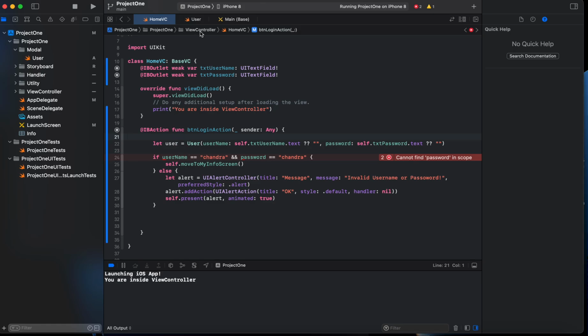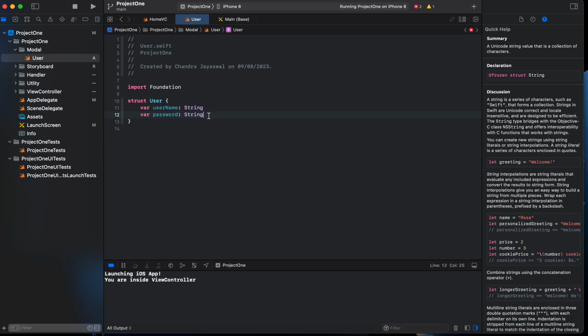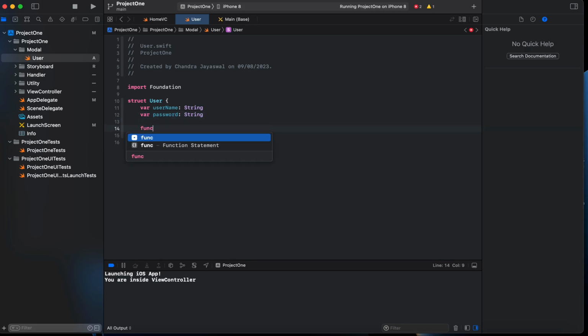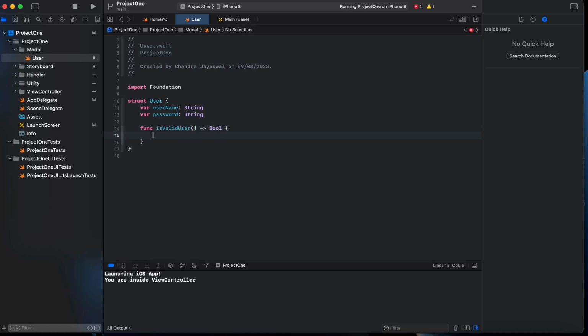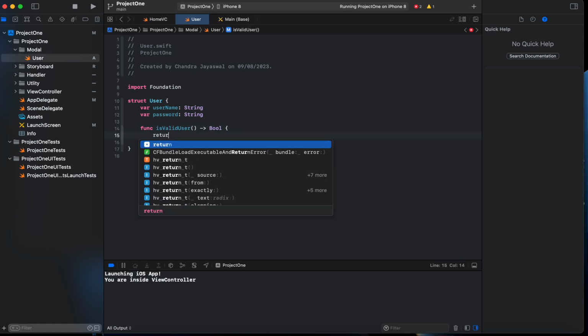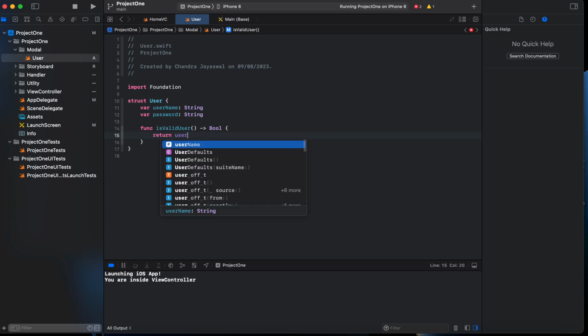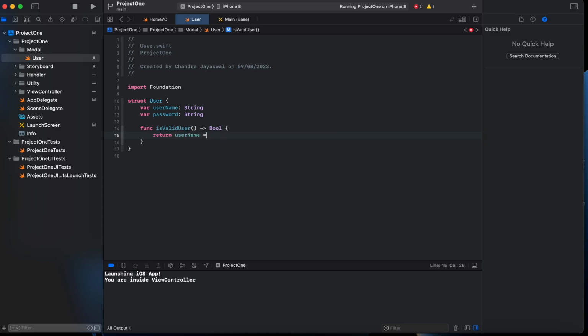So I'm going to write one method here: func isValidUser, which takes nothing and gives a Bool return, and I'm going to return username equal to Chandra